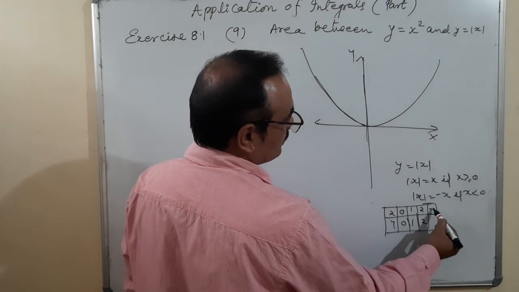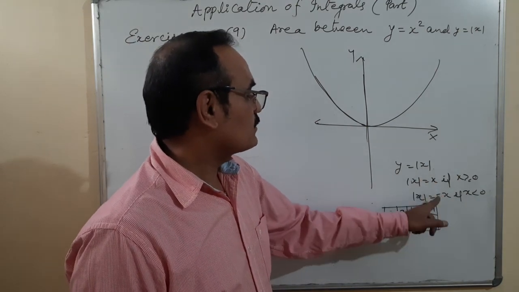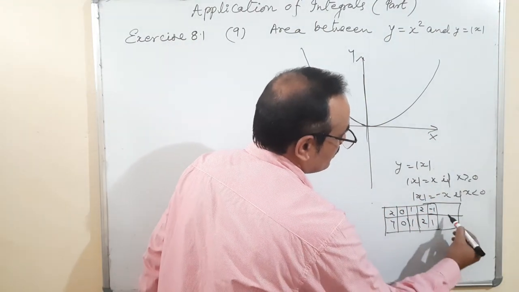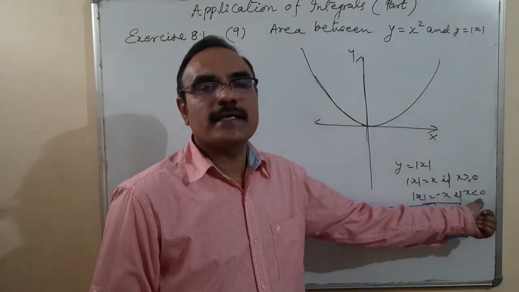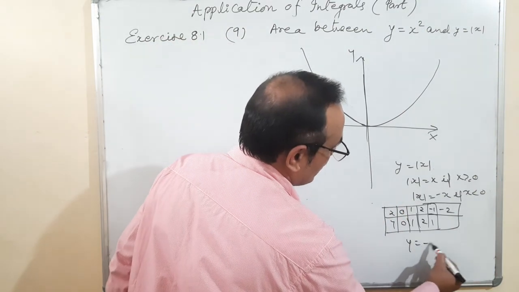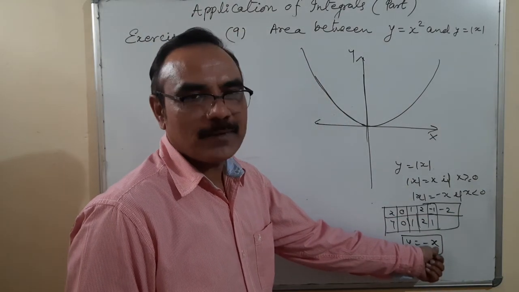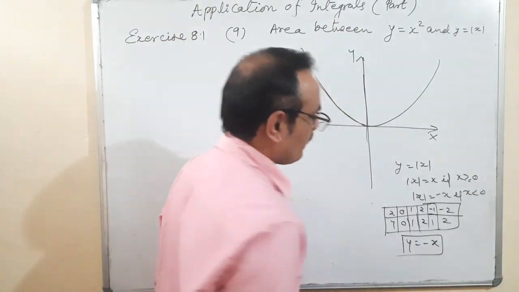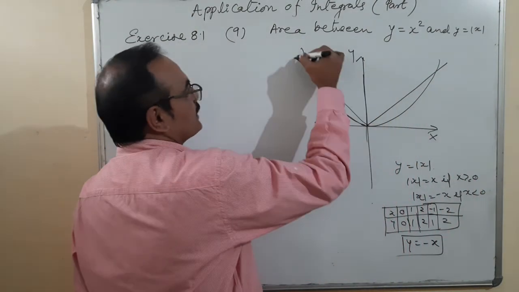If I put x is equal to minus 1, then mod x is equal to minus x, so minus minus 1, what is the value of y? It is plus 1. Minus 2, I get a point. Mod x is equal to minus x if x is less than 0. So if we substitute negative values, y is equal to minus x. Here we put minus 2 in place of x, multiplied by the minus sign, it is plus, so y is equal to 2. So that means points 0, 0, 1, 1, 2, 2, like that.